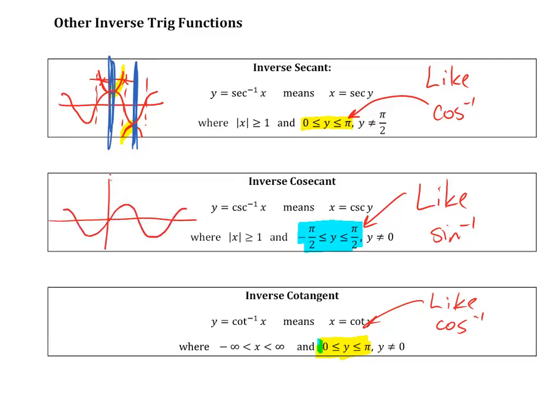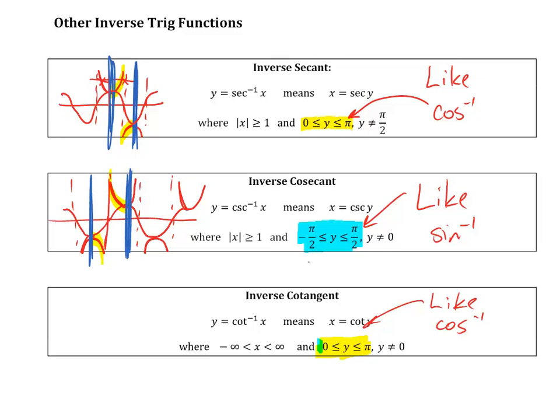So the graph of cosecant looked like this. It was these upward U's, just like the secant was, only it shifted over. And again, if I went from 0 to pi, I would have a non-one-to-one function. So what I end up doing is restricting the domain. So I look at this part of the function here all the way down to this part of the function here. So restricting here to here, which is negative pi over 2 to positive pi over 2, will give me